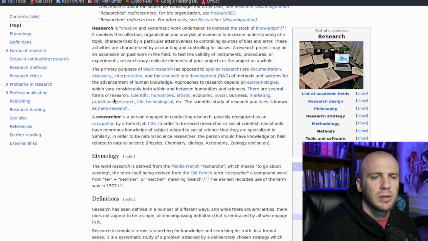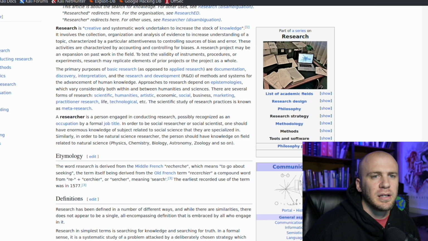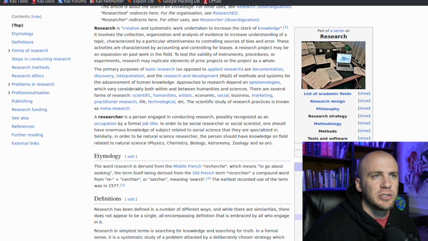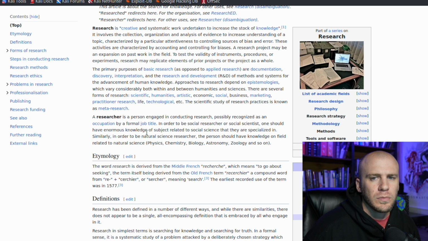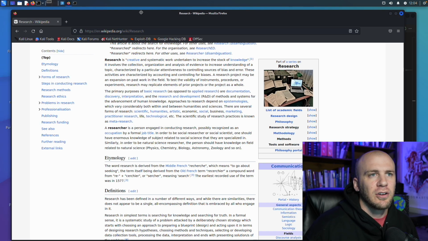Yes. What would you like to add to the notes? A researcher is a person engaging in the conduct of research. The note was saved again. Would you like to save another note? No. I'd like to take a screenshot of this page. Screenshot was saved. And now let's go check and see how good of a job it did.